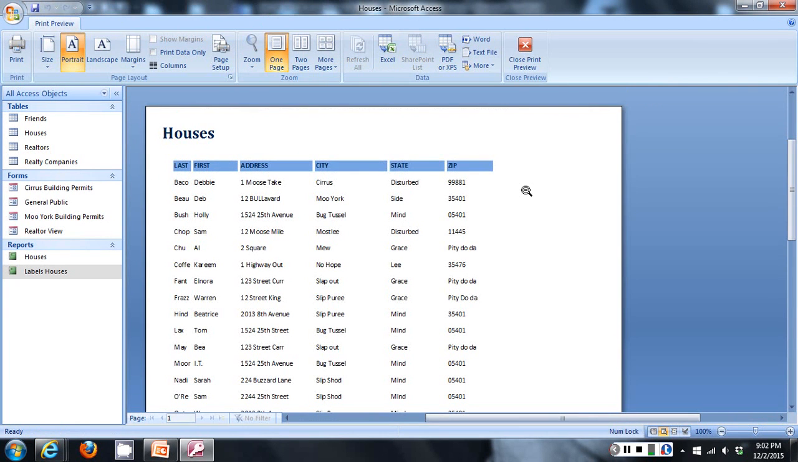Okay, so now one thing that I see is the last names are cut off. Those are cut off because the column isn't wide enough. Looks like some of the addresses are probably also cut off. Well, the only way I can correct that is to